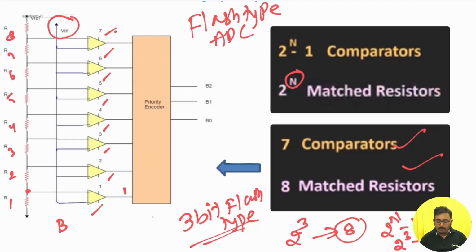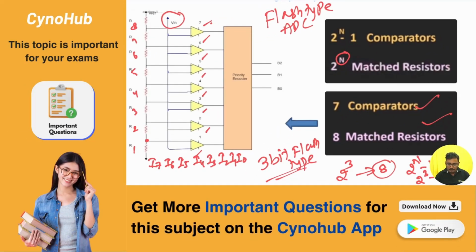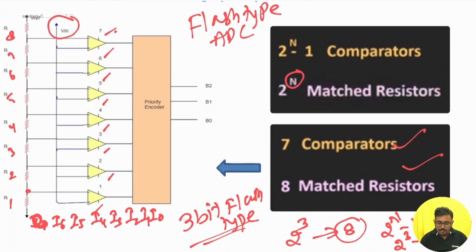So we will be considering the responses in terms of 7-bit conditions here. Suppose we have a total of 7, so I will be taking I7, I6, I5, I4, I3, I2, I1 and I0. In this, from the comparator point of view, we can take I6 to I0, or else I7 to I1, anything. Suppose the first one is at high potential, meaning the input is applied for the first comparator,